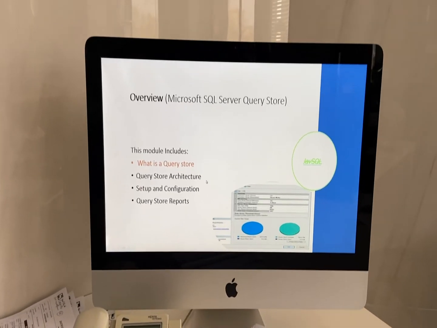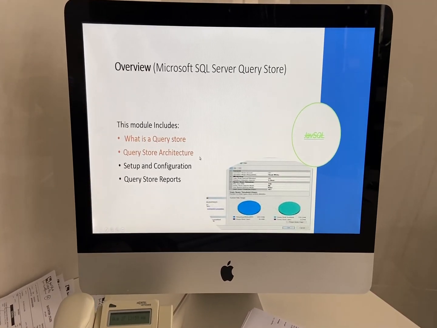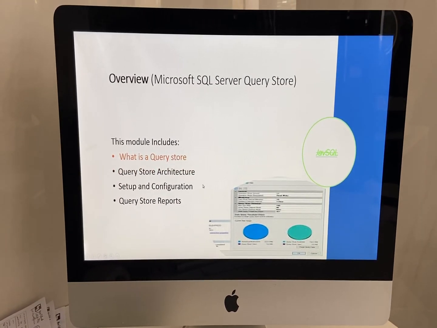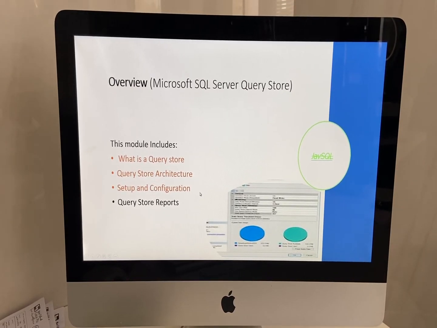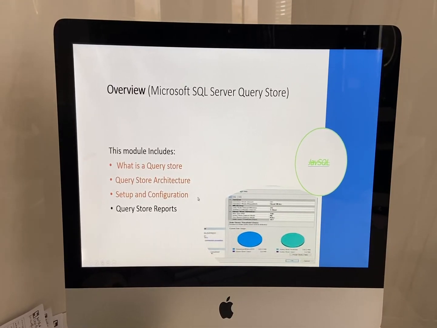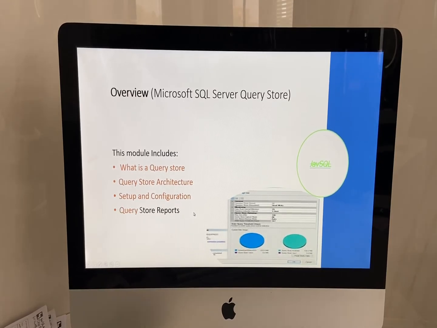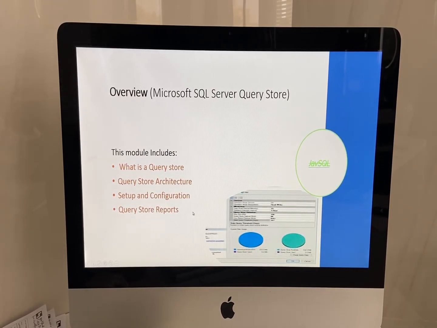We will also discuss the architecture of Query Store, and we will see how to set it up and configure it. We will study the built-in reports provided by Query Store.